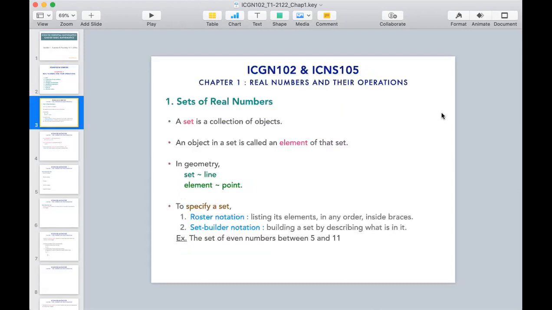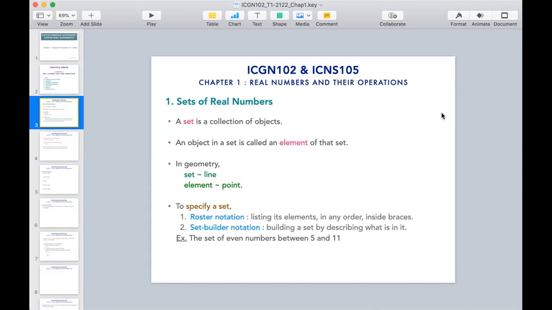Now let's begin with the real numbers. When we talk about the set of real numbers, the key term that I want to talk about is the set. When we talk about a set, a set is a collection of objects. For example,